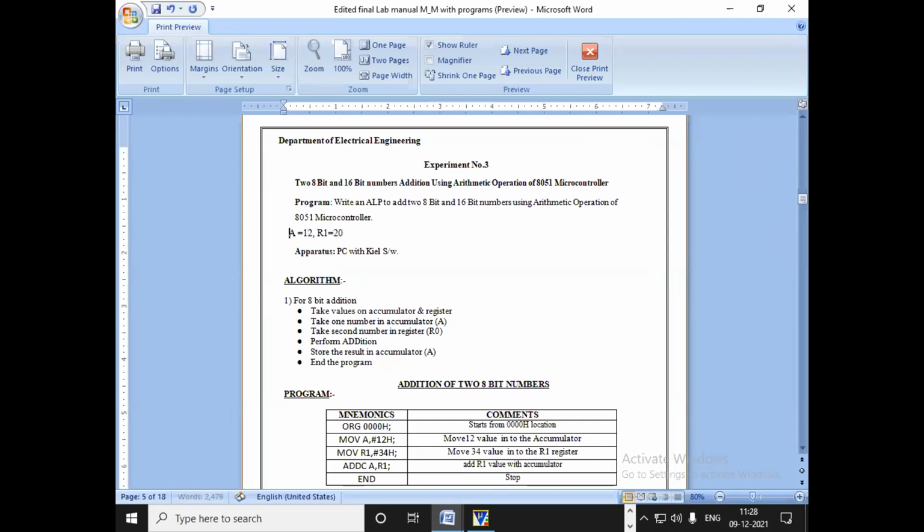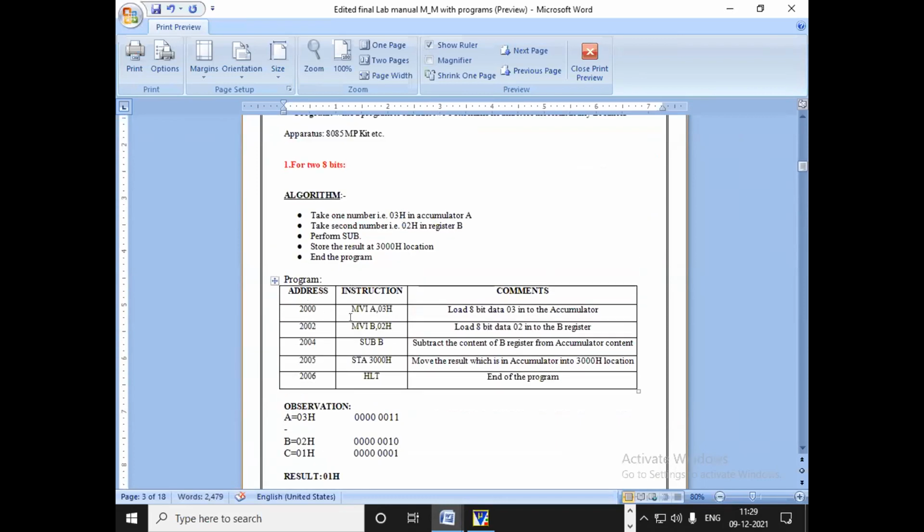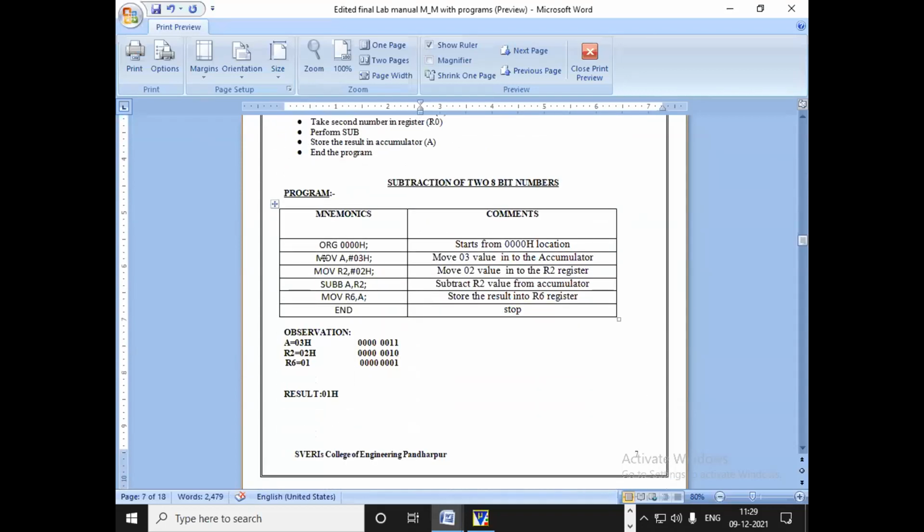Then what we have to do? What instructions are present in your 8051? We have different instructions in 8085 and in 8051. In 8085 there is the instruction MVI to take the values. But in your 8051 what is the instruction? In 8051 the instruction is MOV. Okay, we require a data transfer instruction, the MOV instruction.